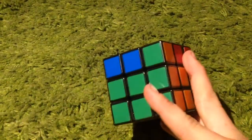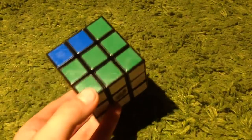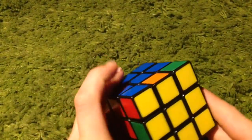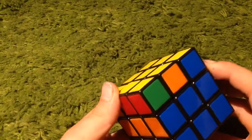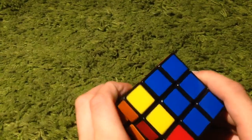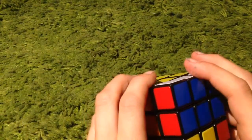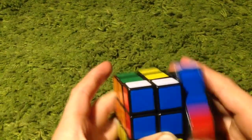So this is one of the more complicated algorithms. This is actually the most complicated, but don't worry, we're almost done. So if there's none, just hold it any direction you want. Then you want to perform this algorithm, which is the right face counterclockwise, front face clockwise, right face counterclockwise. Then the back face twice,